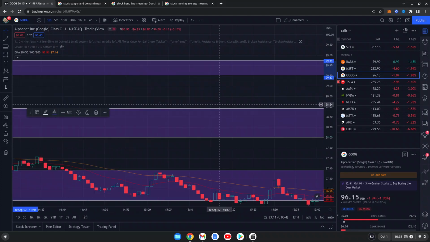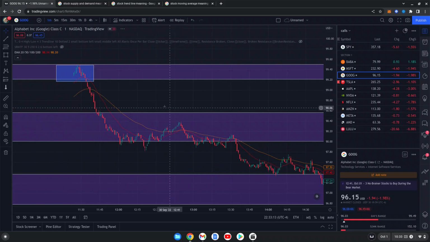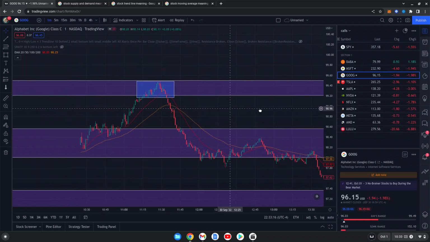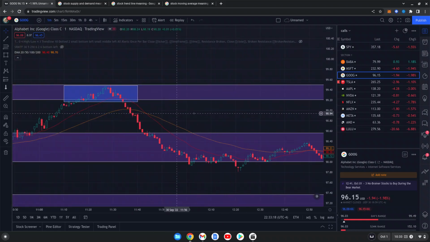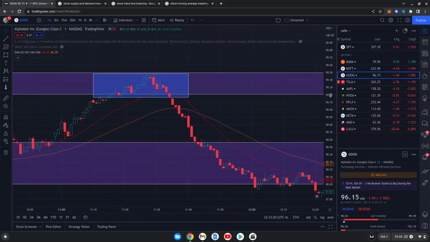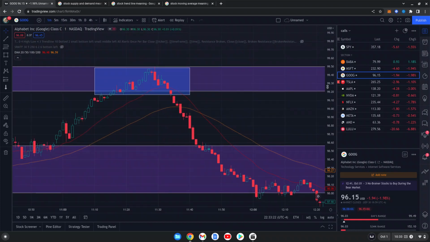Jump to our 1 minute, and we're looking for a winner between buyers and sellers. Who takes over in this zone? And the buyers were unfortunately not able to continue that buying pressure to the upside. Therefore, sellers took over, and our stock breaks below this supply level and our moving averages, and we can enter